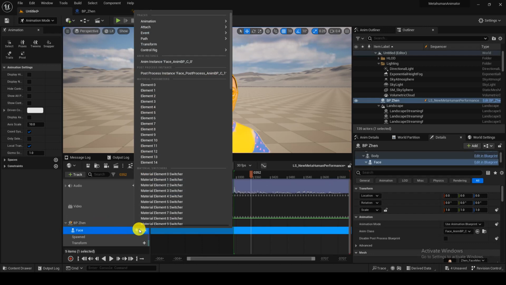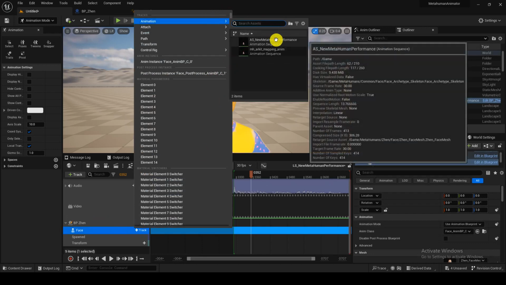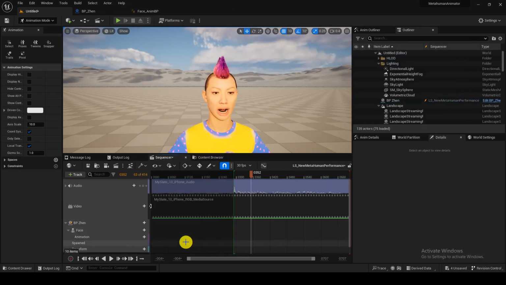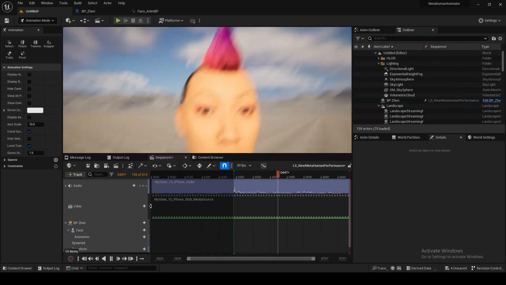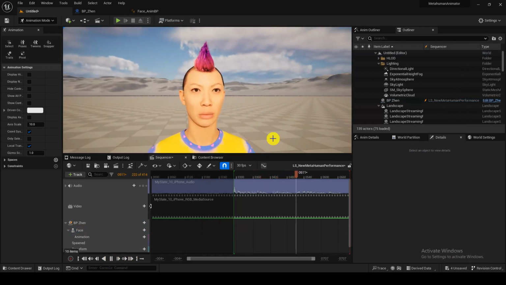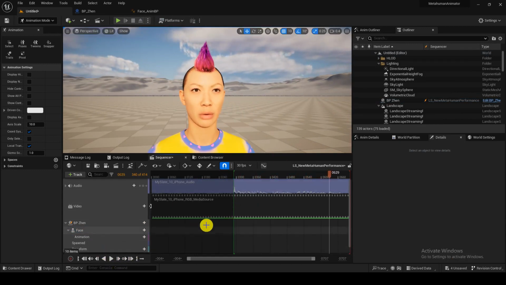So go to the track, animation, add new animation performance. So let me play. This is the first time I am testing out Metahuman Animator, so I'm not sure how it will look on the TV. So let's try. Okay, I don't think this is in sync. So what I will do, in the animation,